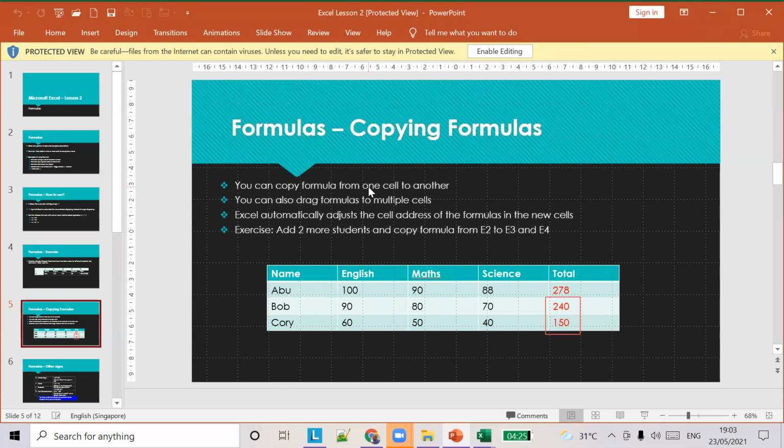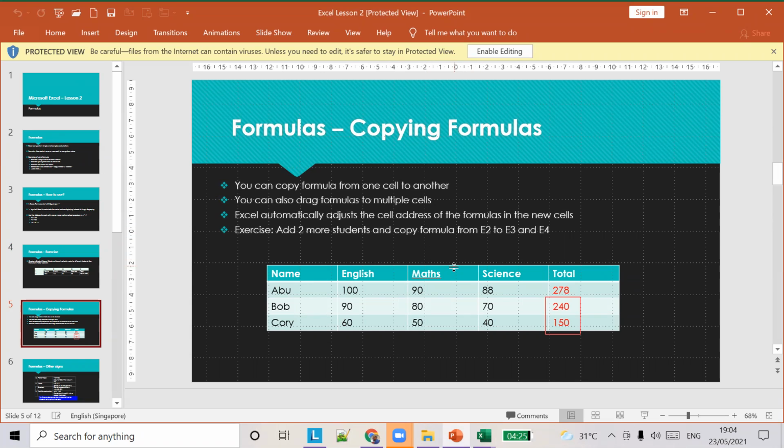You can copy a formula from one cell to another. You can also drag formulas to multiple cells. Excel automatically adjusts the cell address of the formulas in the new cells. Exercise: add two more students and copy the formula from E2 to E3 and E4.